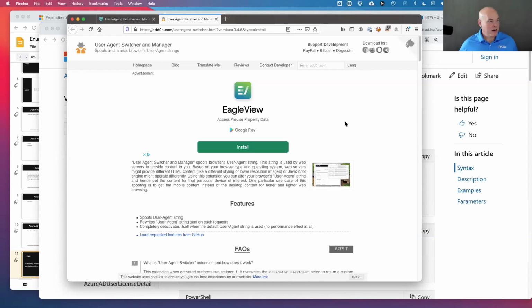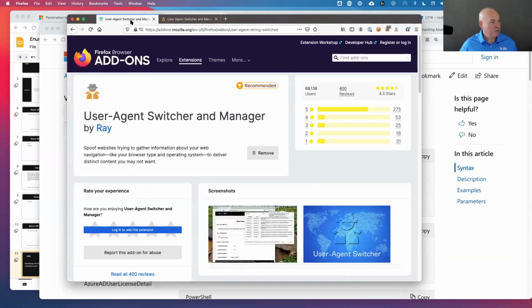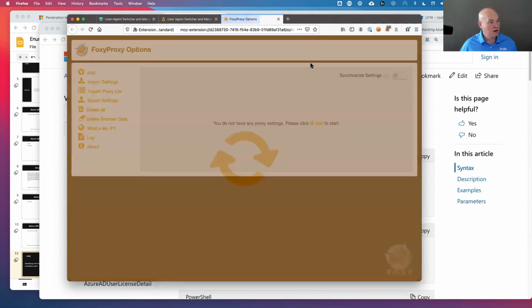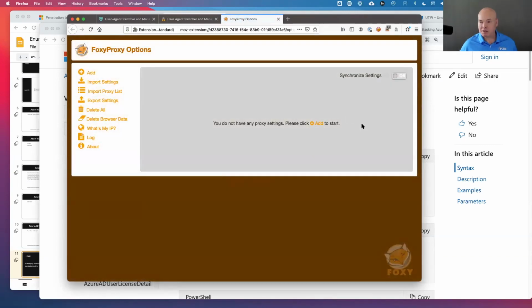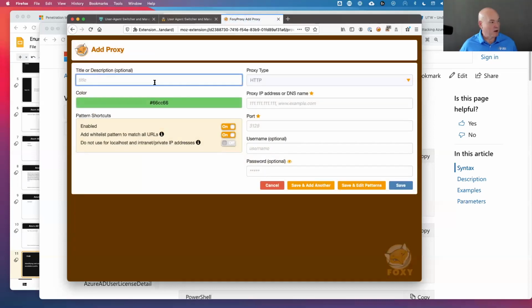So yeah, this user agent is for conditional access, a good way to bypass. And like I said, the user agent tool, and since I kind of misspoke or used the wrong tool, the Foxy Proxy, this is a good one for when you're setting up Burp Suite, because going through some of these courses, I know you've used Burp Suite probably. So if we go through here, we're able to add, this is a little off topic, but since we mentioned it, this will make your life a lot easier, because we're going to